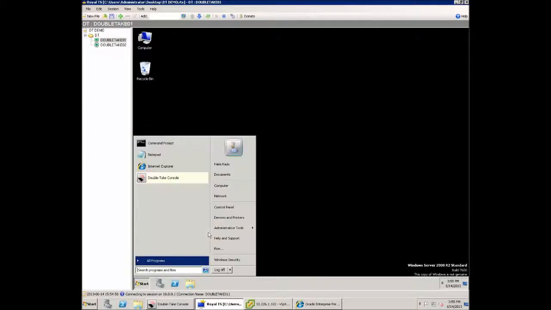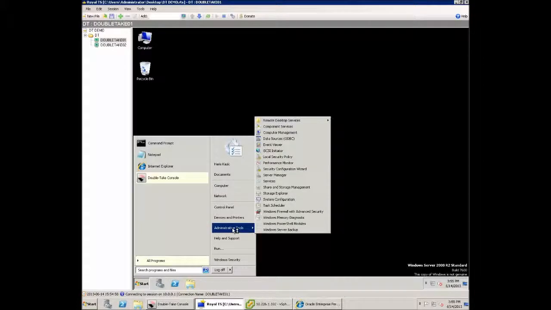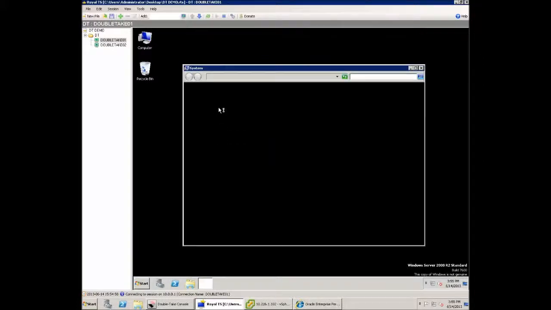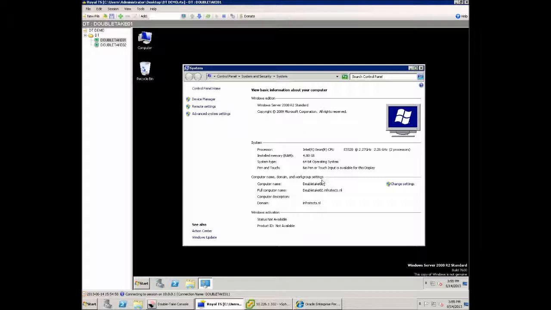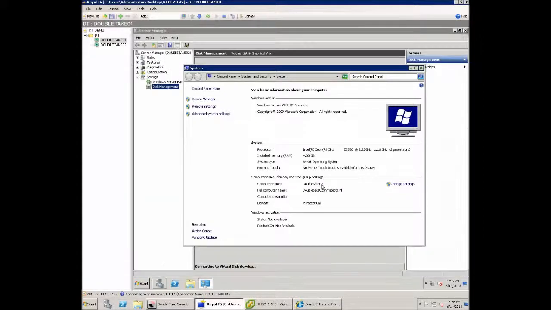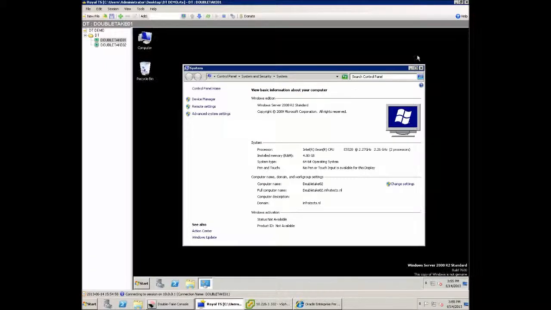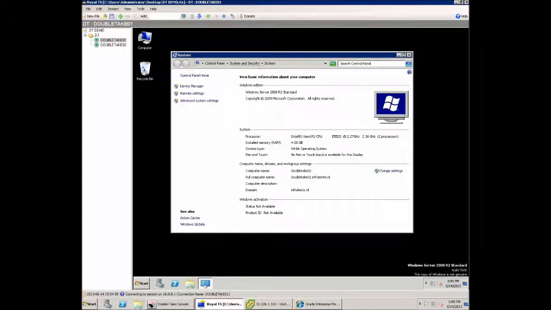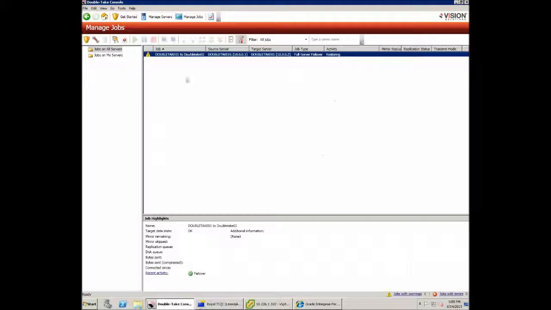And if I open the computer properties, this server is now called DoubleTake02. So it actually failed over the server and brought it back up as a secondary node, which is very nice to see. And in your console now,